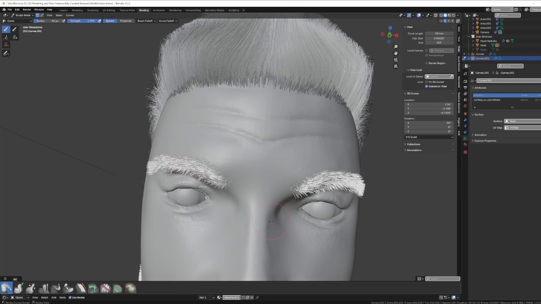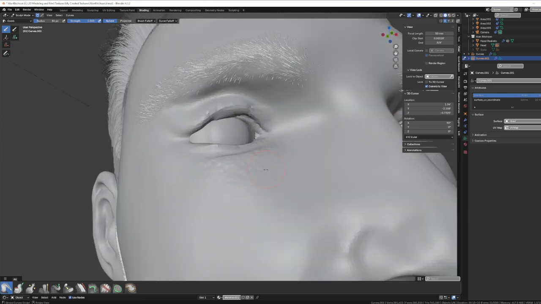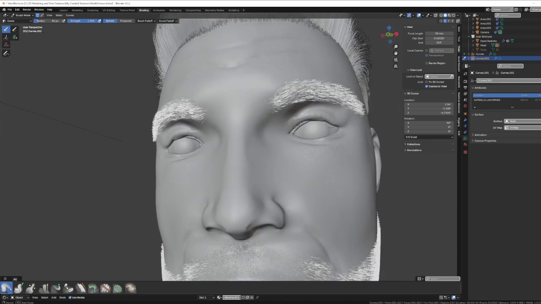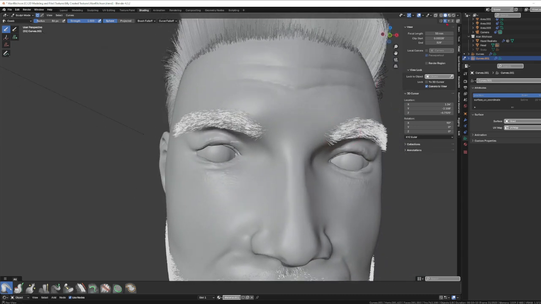Okay, now eyebrows tend to be a little on the messy side anyways, but you'll see that I'm going to just brush these over, get them going all in one direction somewhat. Like I said, it doesn't have to be perfect. This is really just to show you how it works. So you'll see that I'm basically just sculpting it by using the brush where I want it. Okay, and then if I was done and I didn't want to do any more,